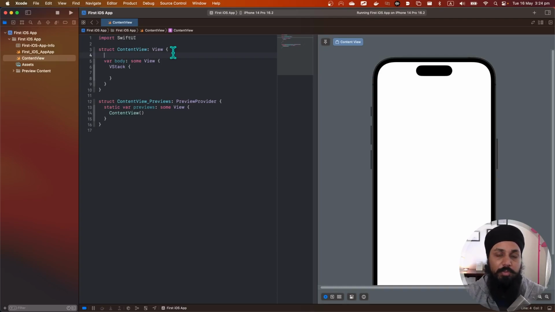Today I'm going to talk about how you can manage your view state in your SwiftUI view using the @State property wrapper. You have seen me using @State in previous videos. In this video we are going to go a bit deeper into how you can use @State to manage